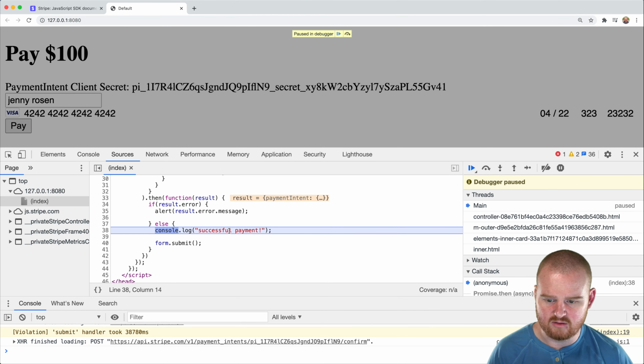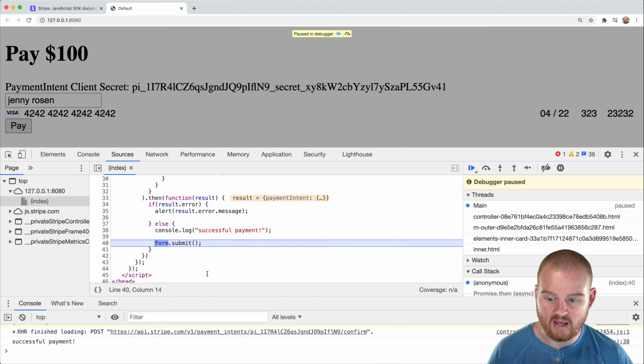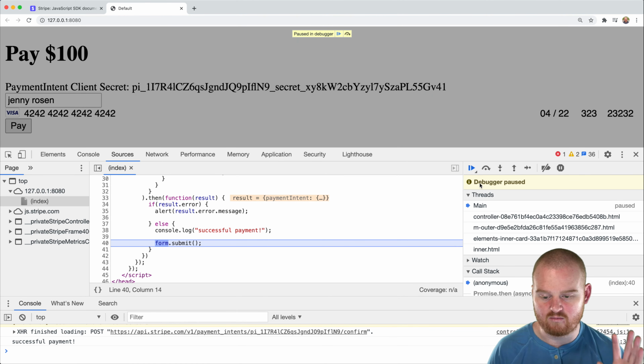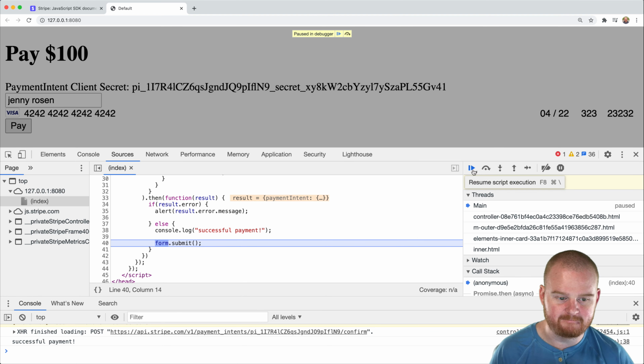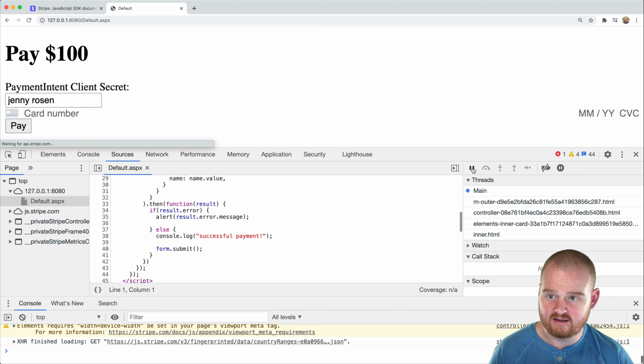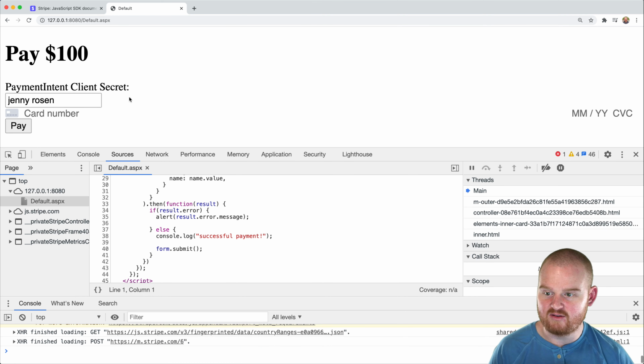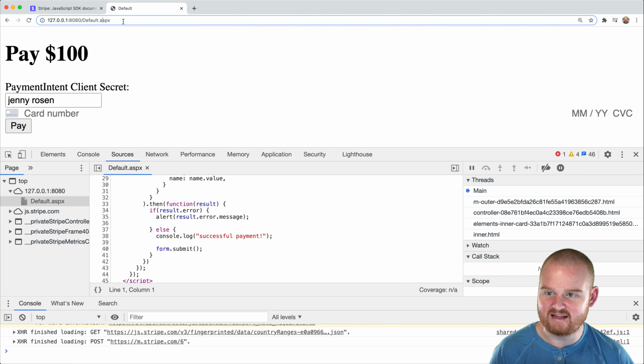So we're going to console.log the successful payment, and now we're going to click form submit, and that's going to send a post request back to our code behind. Okay, so that's it. That's the whole thing. That's how it works. The only thing that's different here on this page is that now we're looking at default.aspx, and it's hard to tell that it was actually posted back, but